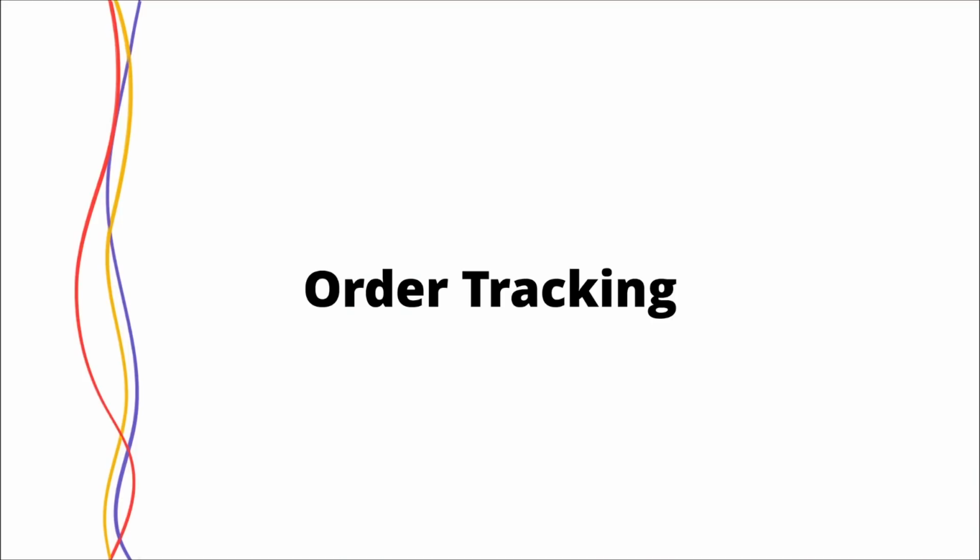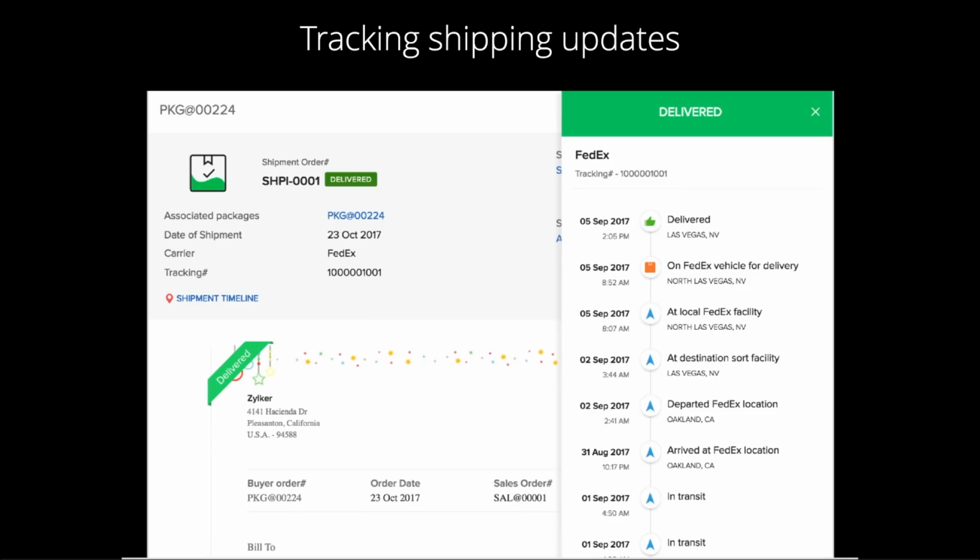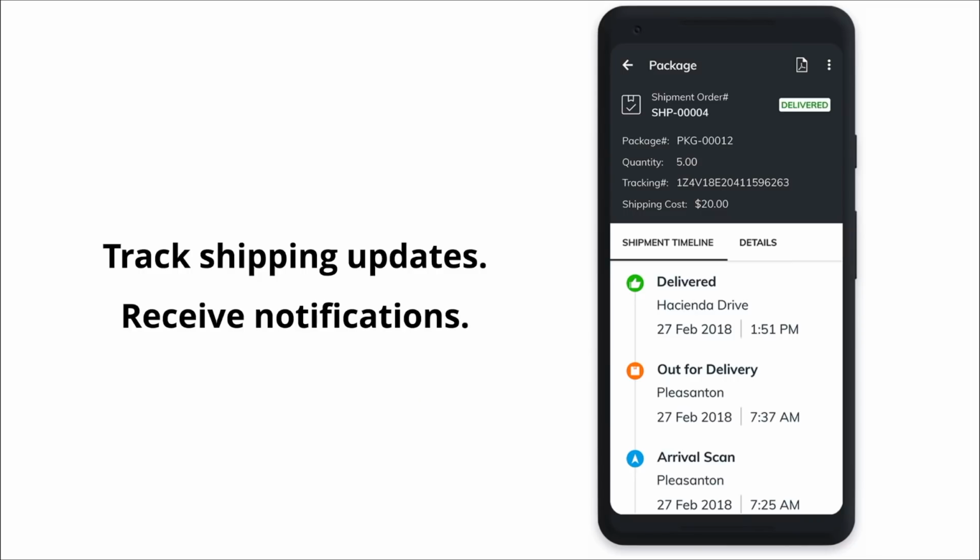So all these order packing, shipping, along with package slips and shipping it out is one part, but then the customer has to be notified and the customer has to track what's going on in the business. And of course, the tracking updates, shipping updates are automatically sent to the customer along with the tracking number, and the customer can track the items and receive notifications on the mobile as well.